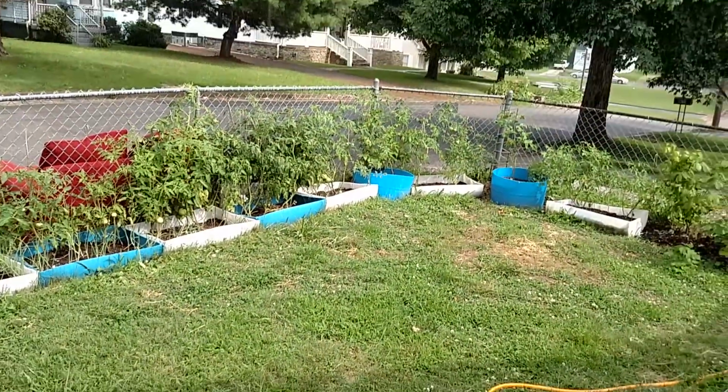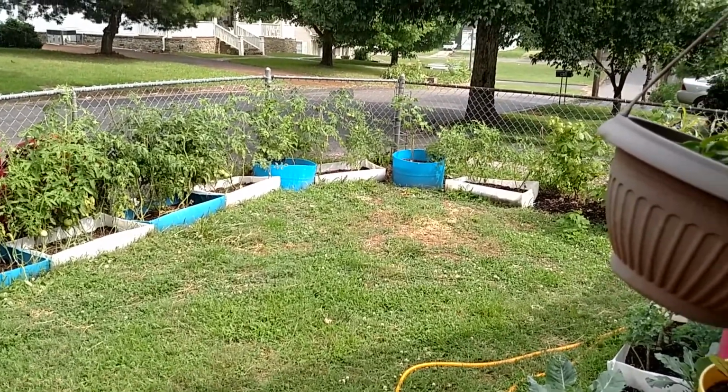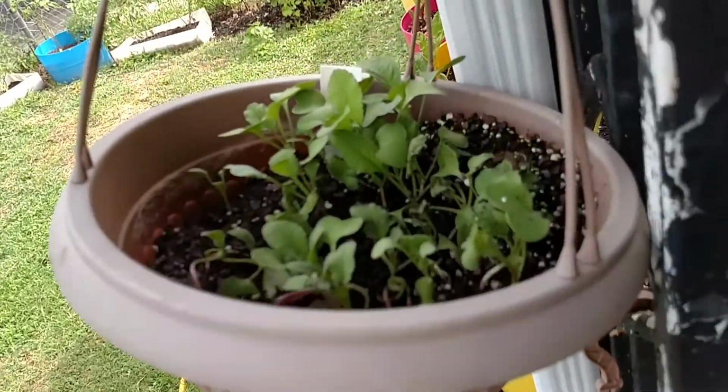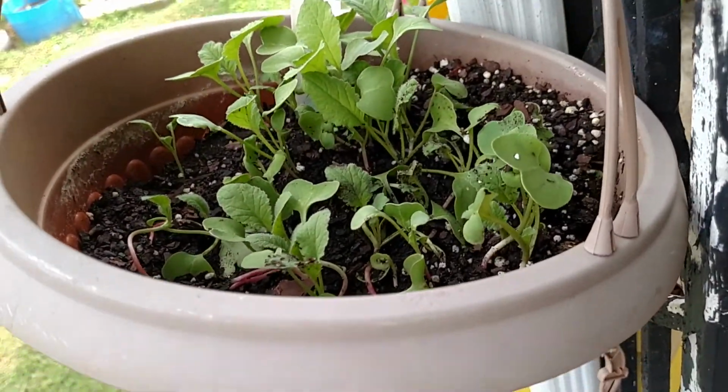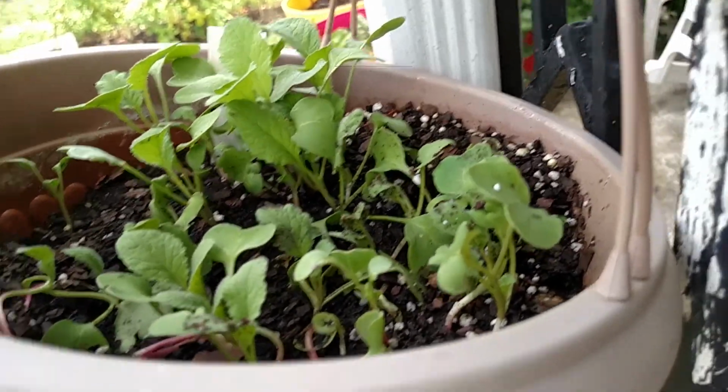I give up, the weather wins. It was only like a 20% chance of rain today, but it's going for it. I'm standing under the porch again, and I've got some radishes in here that I will transplant to a bigger container. I just did that with the last batch of them, and we just got to pick our first big